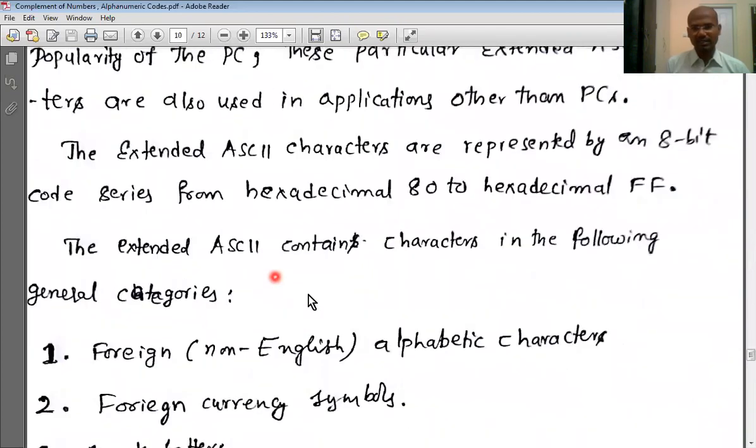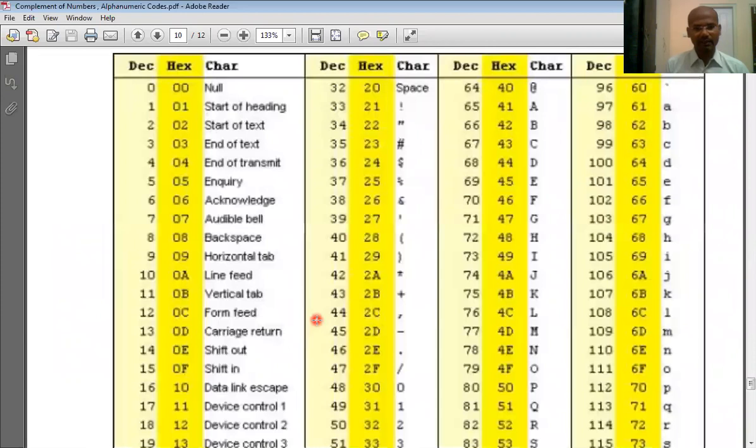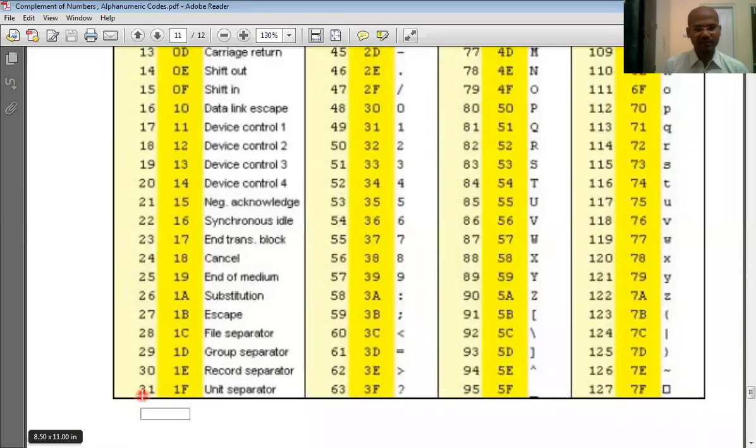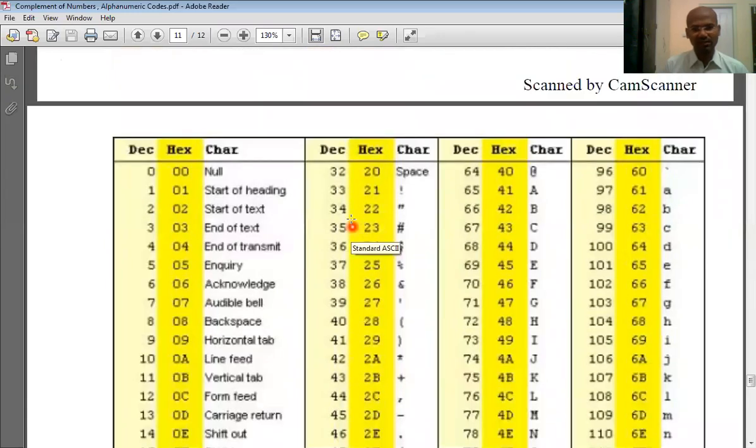So consider this diagram. This is called the ASCII table, a simple ASCII chart. Here we have the decimal representation, its equivalent hexadecimal representation, and the character. The first column has the ASCII numbers from 0 to 31, in hexadecimal 0 to 1F, and in the second column we have 32 onwards, 32